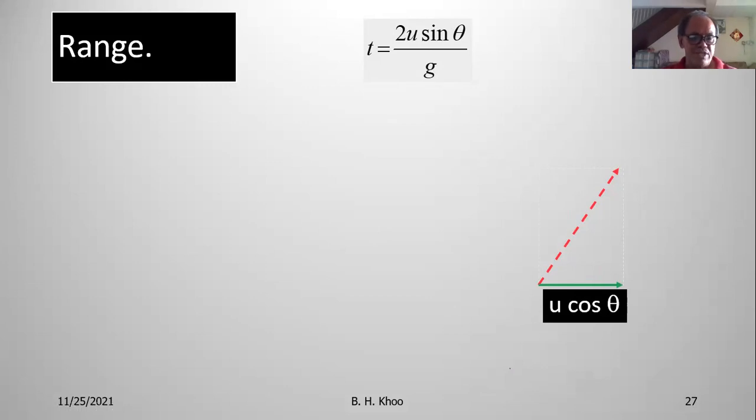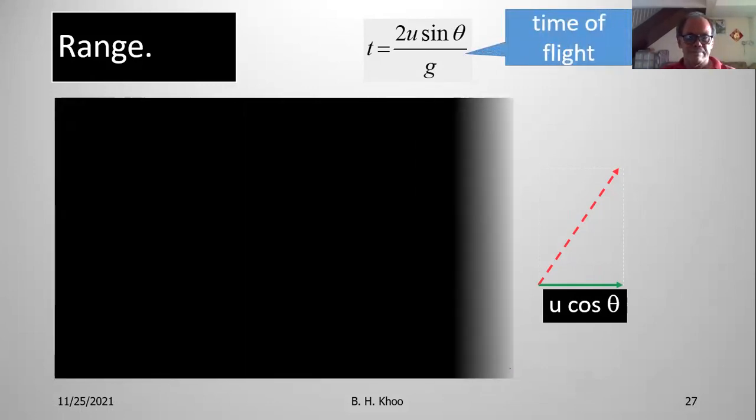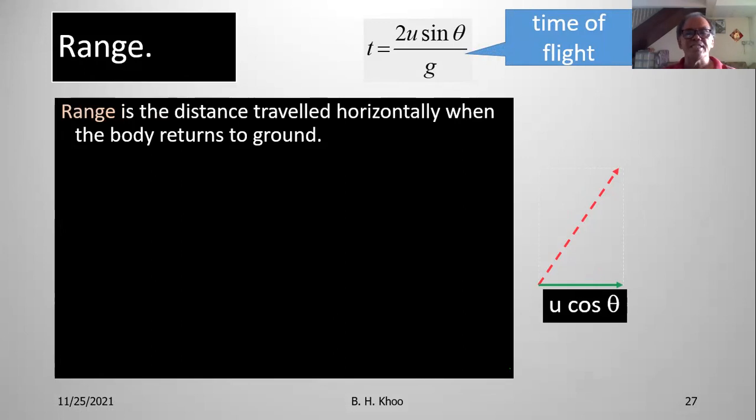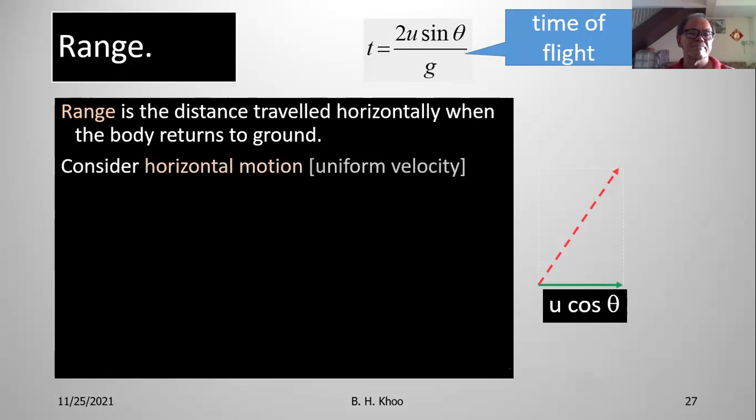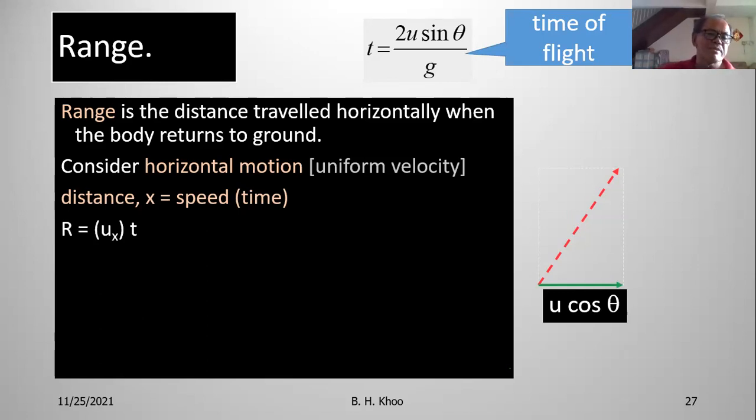Range. Range is the horizontal distance moved. So we consider horizontal motion. Range is the distance traveled horizontally when the body returns to the ground. So here we consider horizontal motion. And remember, in horizontal motion, no acceleration, uniform velocity. So the distance moved horizontally is just the velocity times your time. So the horizontal speed, ux,